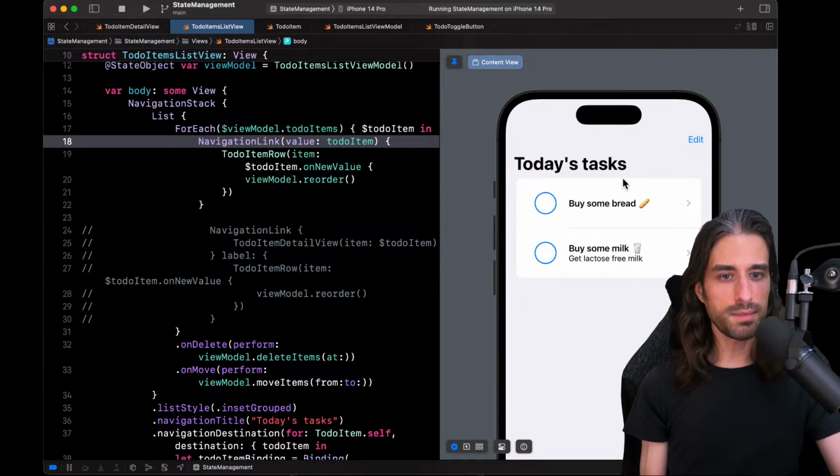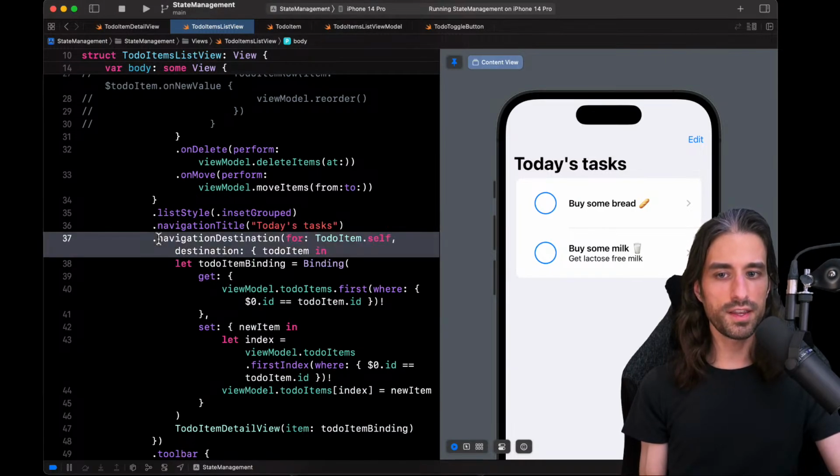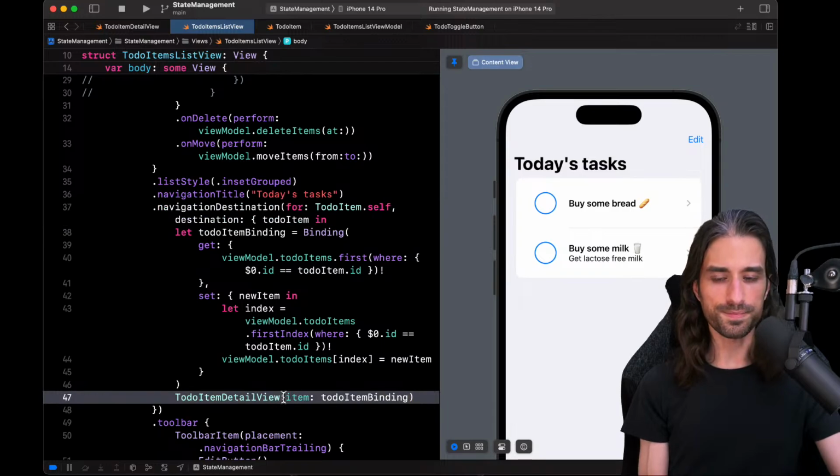So here, when I tap on my to-do item row, the navigation link is triggered and it emits the to-do item. And that piece of data is caught by the navigation destination modifier, which will then consume it in order to create the destination view.